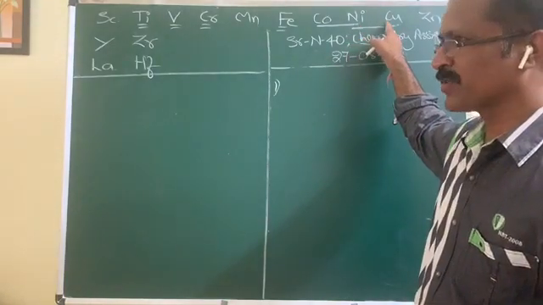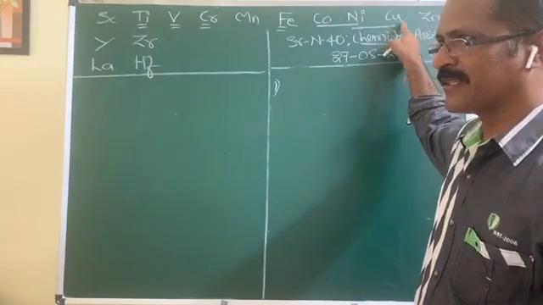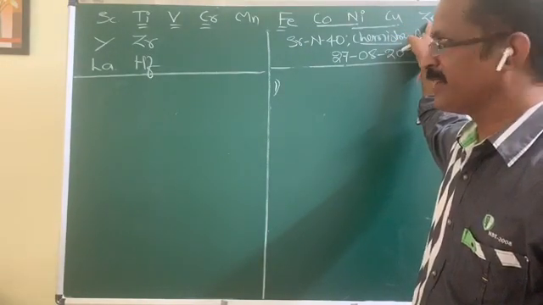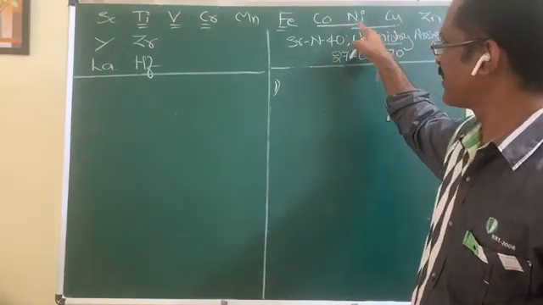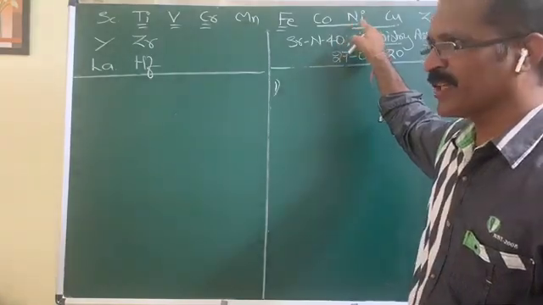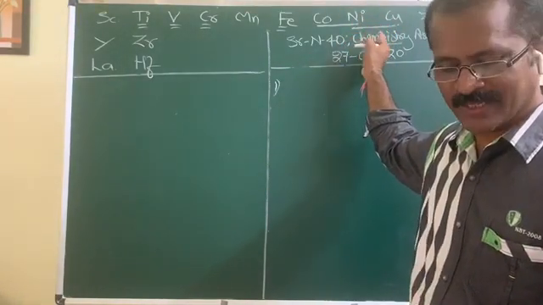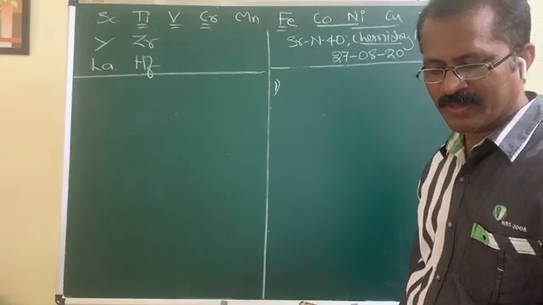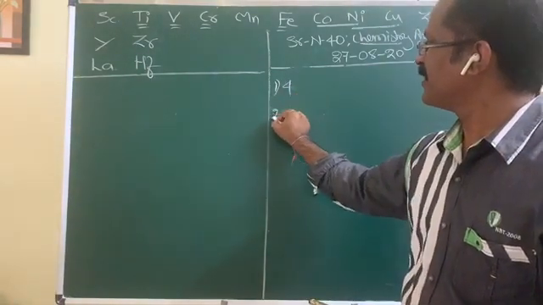Nickel and copper show the same density. From copper to zinc, it decreases. The reason for this decrease in density is that the atomic size of zinc is a little bit greater than that of copper. From this order, it is clear that in this series, maximum density is shown by nickel and copper, and their densities are equal. Among these two elements, he has given copper as the fourth option. So that is the element with the highest density.